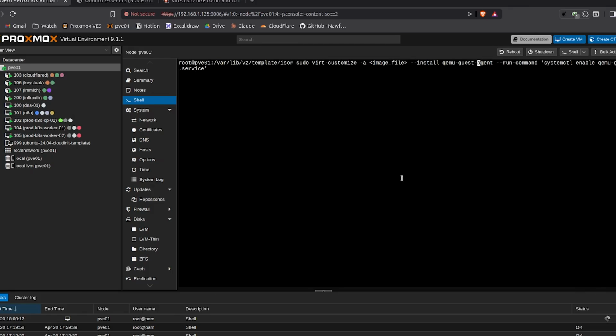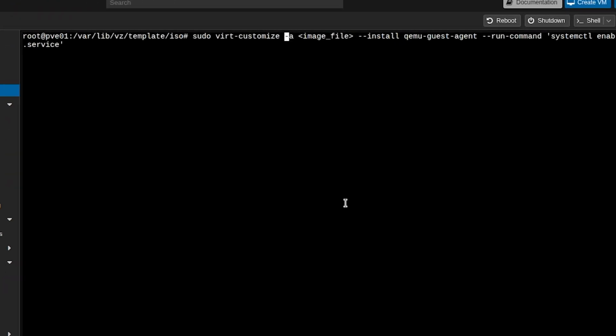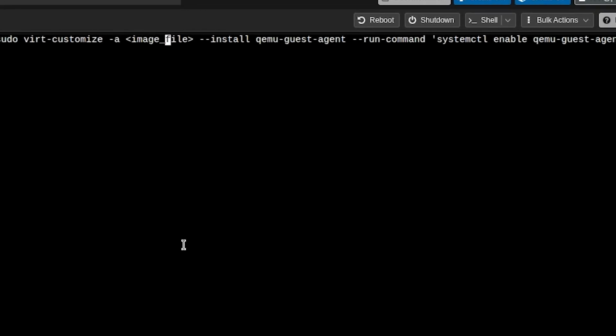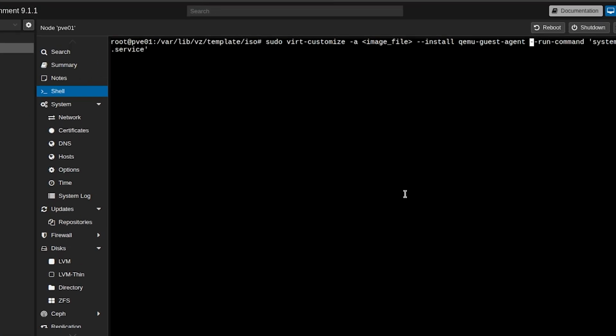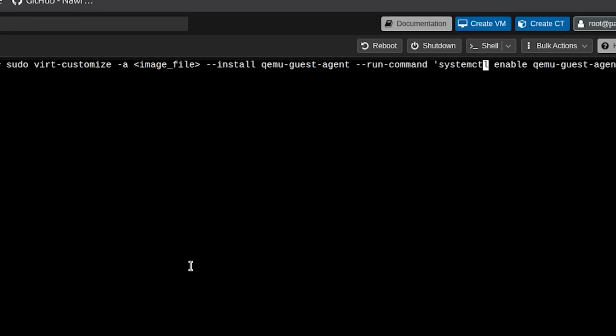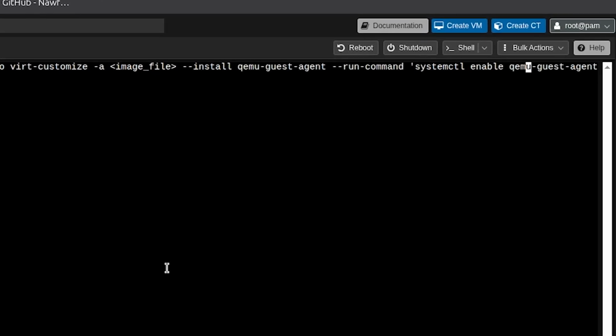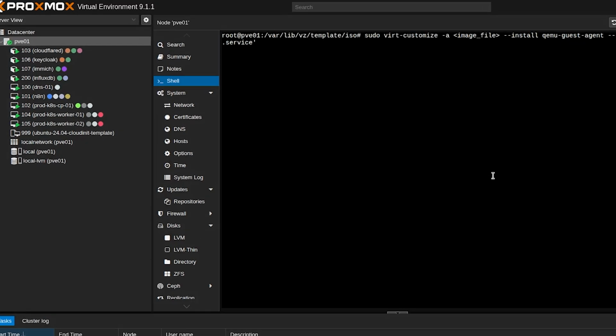So sudo, of course you need to be a root administrator, virt customize -a, where you select the image file, -install, which is the package you want the image to have inside of it. Then run command systemctl enable QEMU guest agent. So this service,